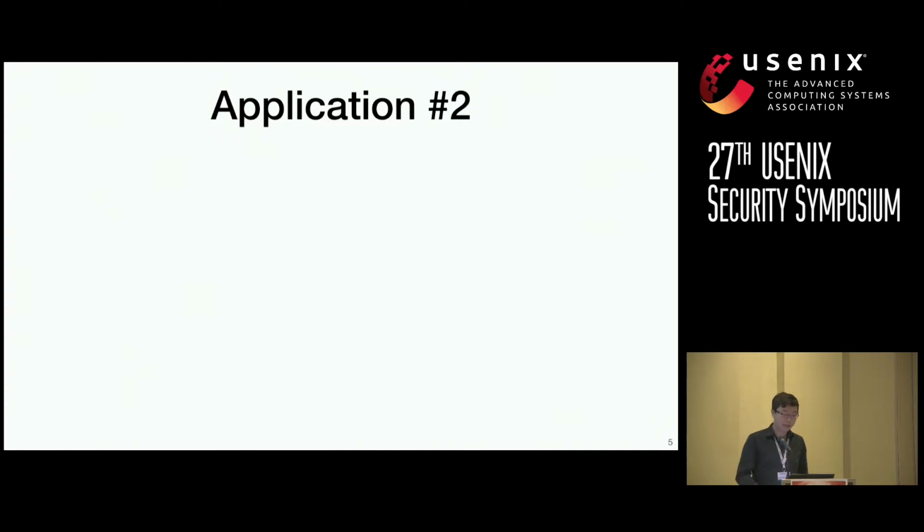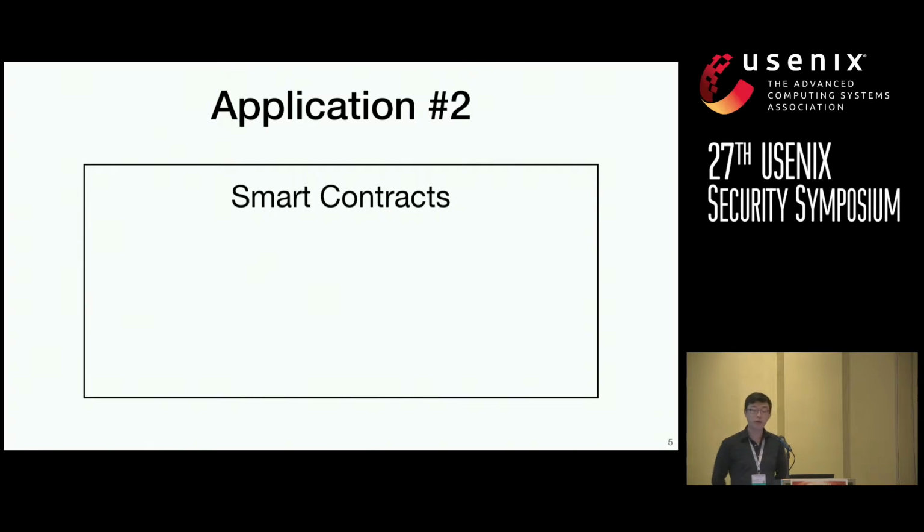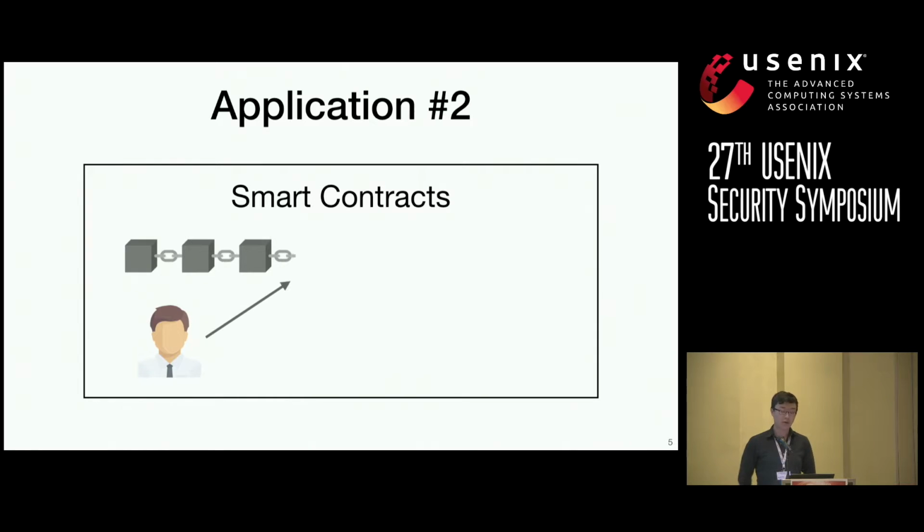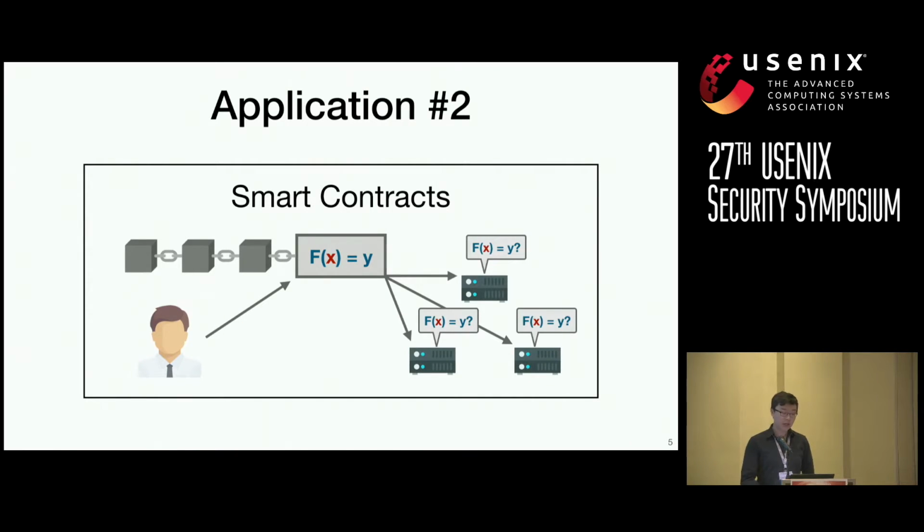Let's look at a second application. So suppose you wanted to use smart contracts to run a publicly verifiable computation. Well, today, invoking a smart contract requires validators to rerun the computation. And a more scalable approach is for the caller to run the computation off-chain, sending the result along with a proof, and attesting to the validity of the result. Then the validators would only need to check the proof. And we have already established here that the proof itself is quite cheap.